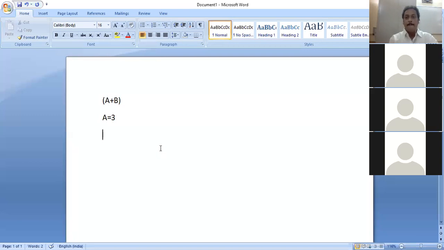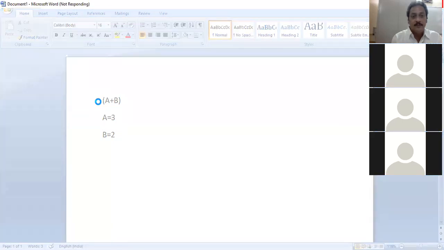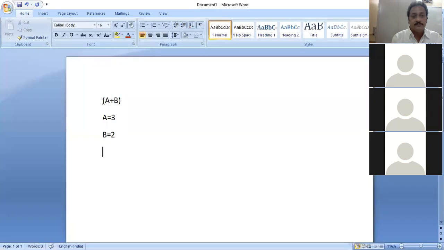Okay, Manikanta, can you watch this? Yes, sir. A equal to 3 and B equal to 2, you asked to find the sum of 2 different values. Suppose you want to store the value A plus B in C. Then what is the value of C now? Five, sir.